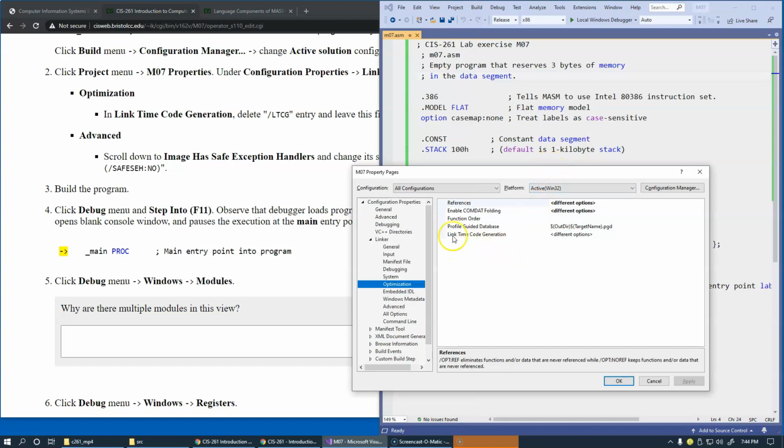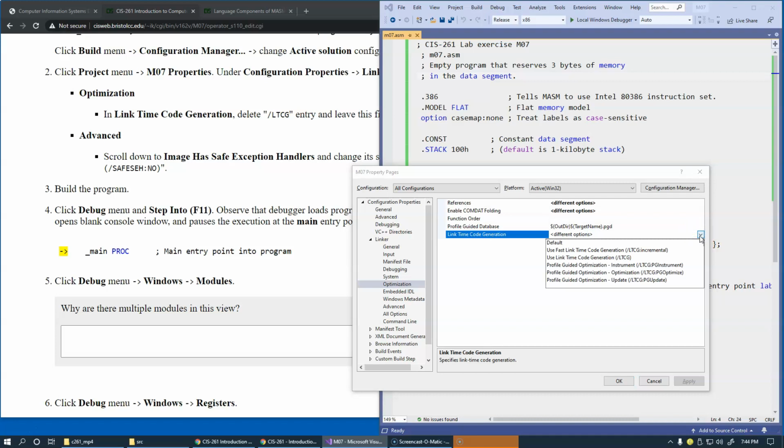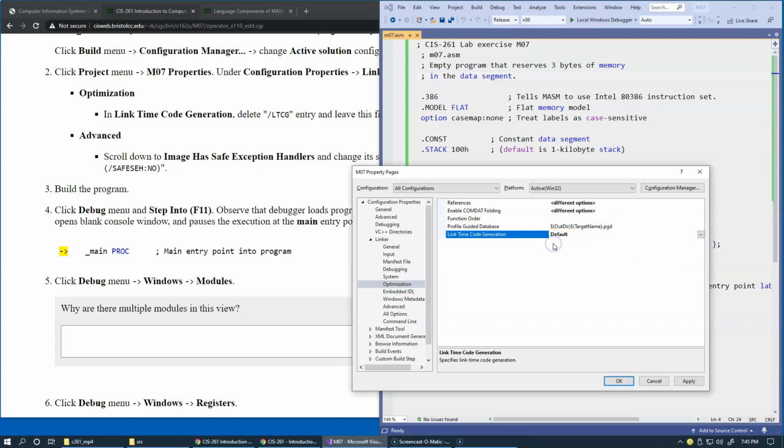Okay, so link time code generation, what we're going to do is say use. I guess it may be a default option. It says leave this field blank. I mean, we could try to just delete everything from this field like this, I guess. And then in the advanced section, again this is the linker options,